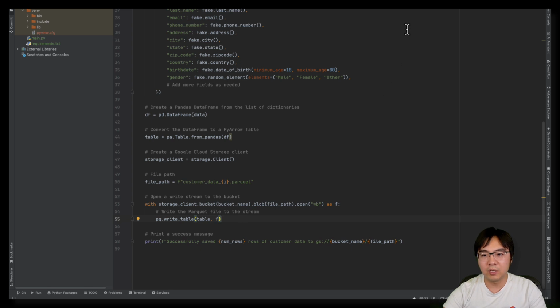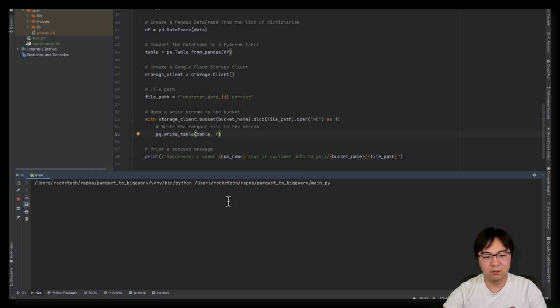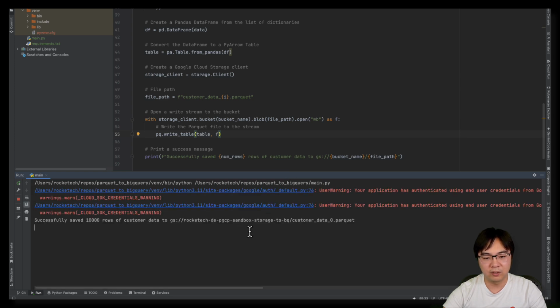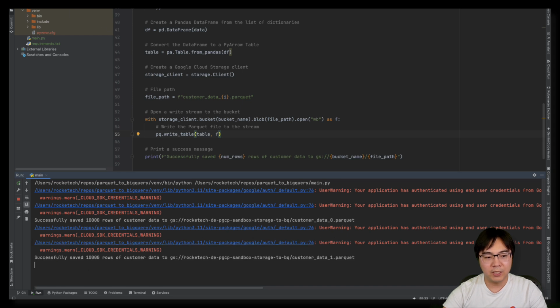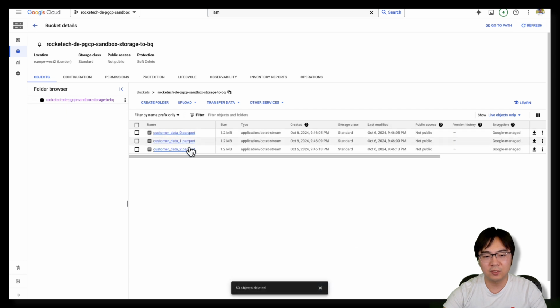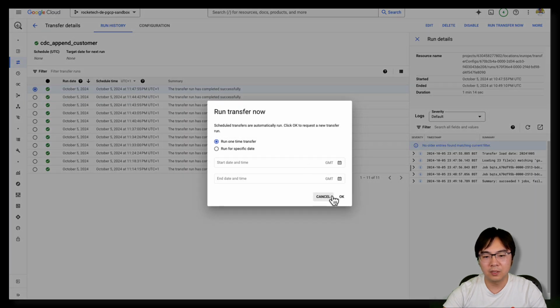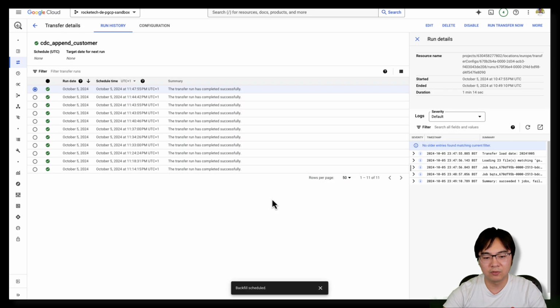So I'm just going to run it, and in this case, you can see when I started running this thing, it will start generating files and writing it into the folder, right? If I go back to my GCS bucket, if I start refreshing, you can see now I've got these Parquet files coming through, right? So if I go back to the BigQuery Transfer Service and then just run the job, just as a one-time transfer,